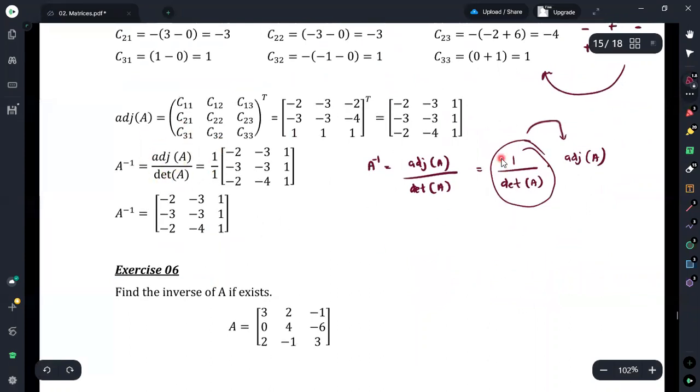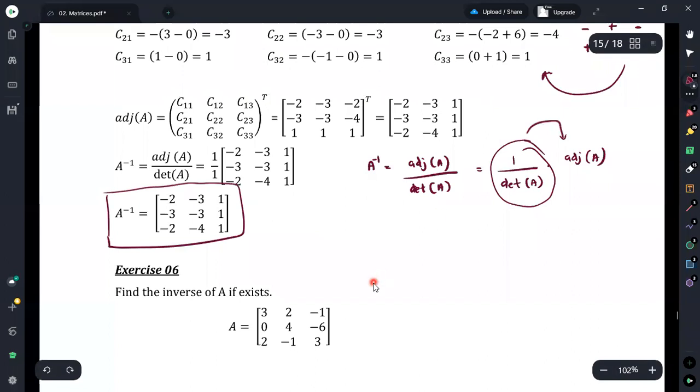Therefore, this multiplication shows in here. Here 1 is the value that I have written here, as the determinant of the considered matrix was equal to 1. Therefore, we simply get 1 divided by 1, then multiply it with the adjoint of the matrix. Here it is given as the adjoint matrix. This is the way that we obtain the inverse of this matrix. In this way we can obtain the inverse of the matrix.